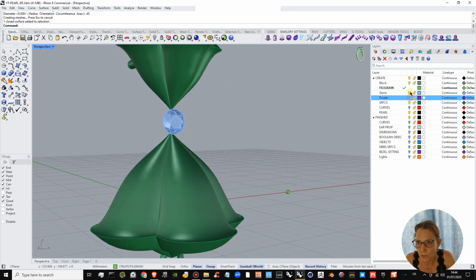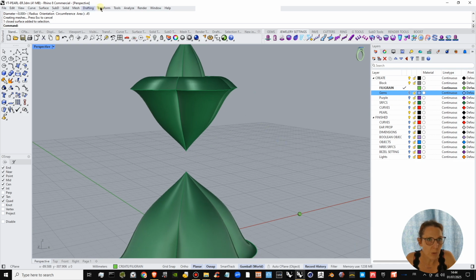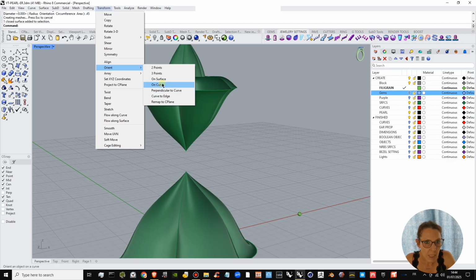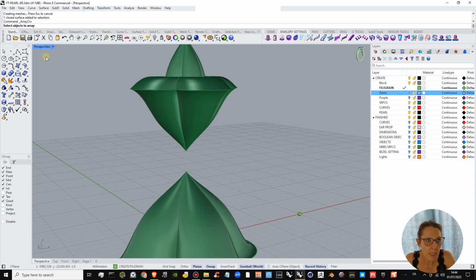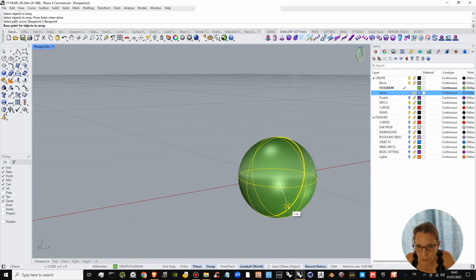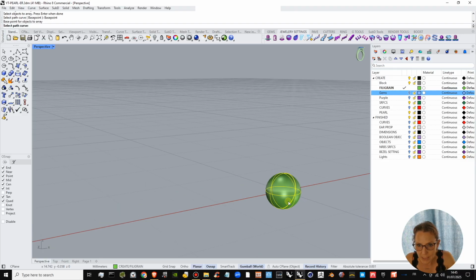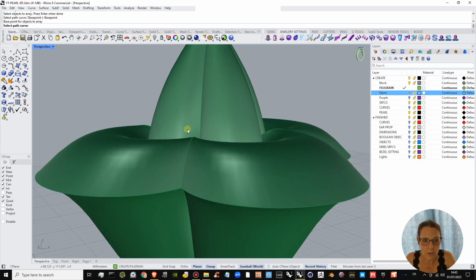And you'll see why, because when I use the array along curve command, and I select the object, it wants a path curve. And generally, if it's not a standard object, you want it to align on that curve with an axis point, with a pivot point. In this case, our pivot point would be the center of our sphere, the absolute center. So here I'm going to select base point before I do anything else, and I'm going to go to my sphere, and using the center object snap, which you can see here because of the little white line which appears when you're close to a seam on an object, I'm going to select the central point of our sphere, and now I'm going to